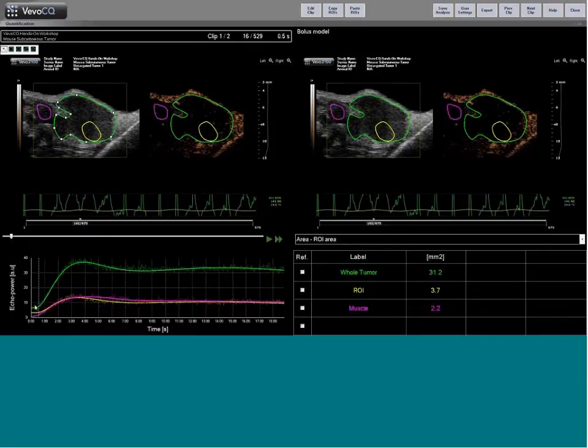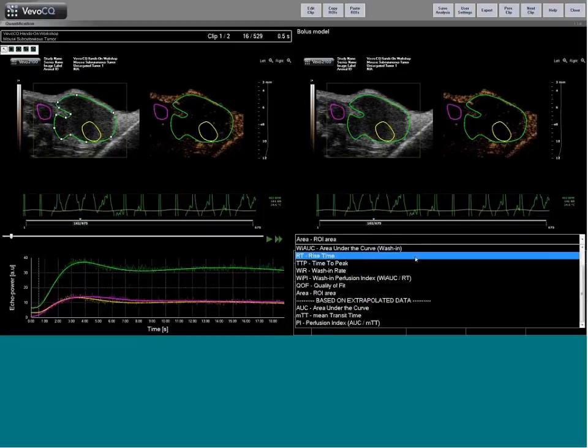I wanted to point out down here in the lower left, we have the curves. So these are the curves that the system has plotted out for what it sees as perfusion in these regions of interest. Again, color-coded, so you can see total tumor in green, and then purple and yellow for the other areas. If we come over here to the right side of the screen, we can see a table here, and